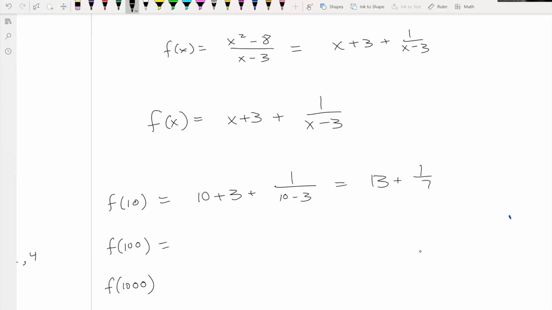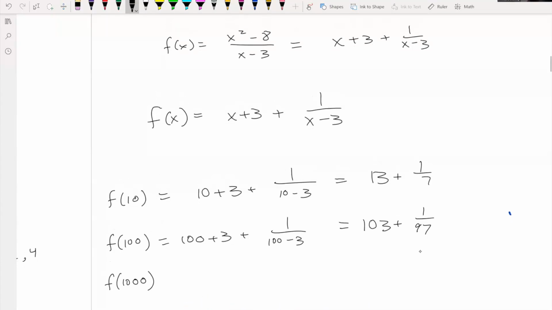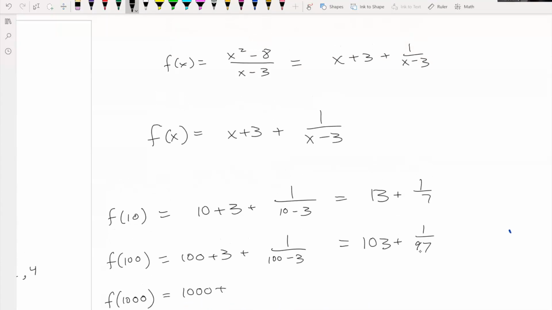This one's going to be 100 plus 3 plus 1 over 100 minus 3. That's going to be 103 plus 1 over 97. And then here we have 1,000 plus 3 plus 1 over 1,000 minus 3. That's going to be 1,003 plus 1 over